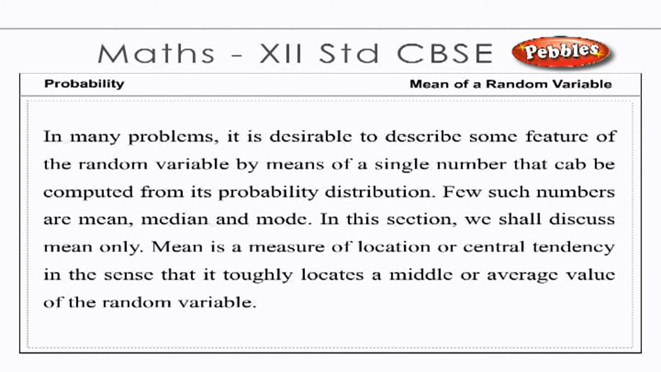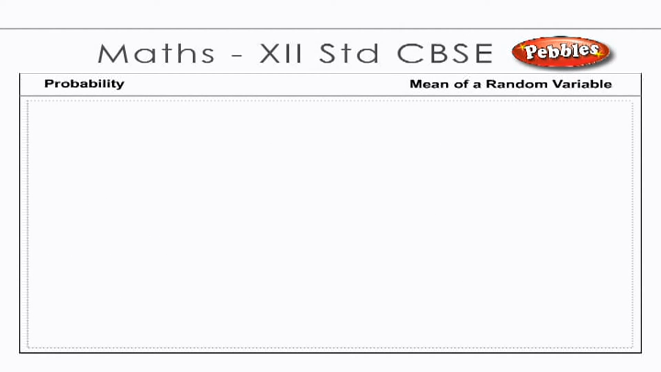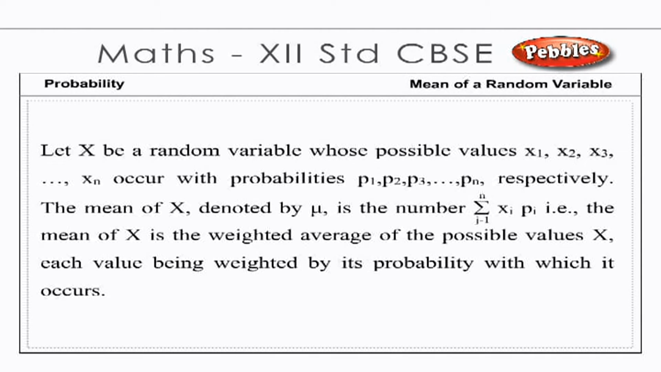Mean is the measure of location or central tendency in the sense that it roughly locates a middle or average value of the random variable. Mean of a random variable. Let X be a random variable whose possible values x1, x2, x3 till xn occur with probabilities p1, p2, p3 till pn respectively. The mean of X, denoted by mu, is the number